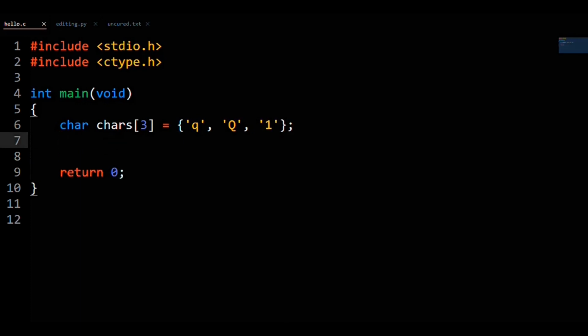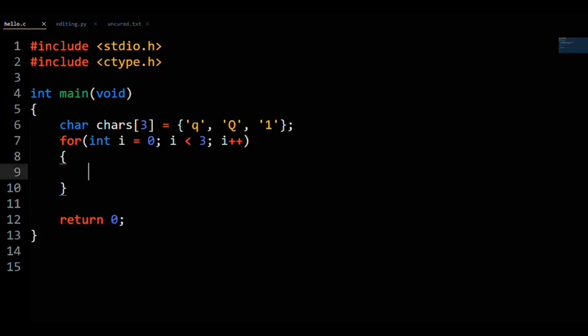Next, we will loop over these characters, so for int i = 0; i < 3; i++. On each run of the loop, we will see if the given character is uppercase.